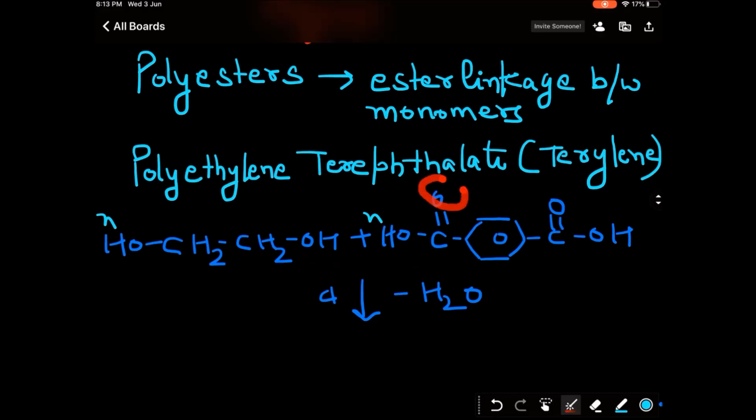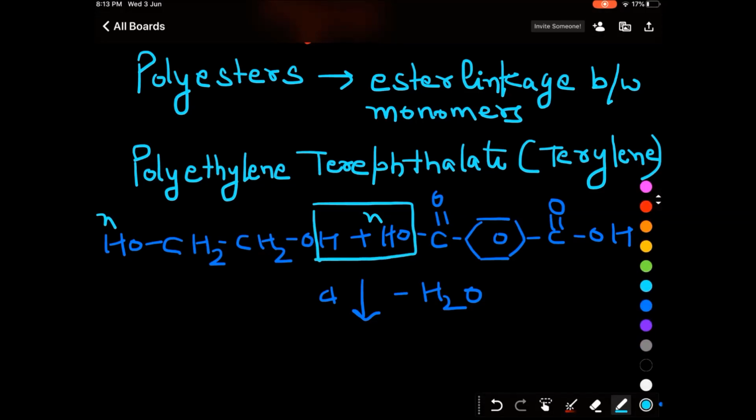The OH of alcohol attacks the carbonyl group. Oxygen gets attached to a proton, it donates electrons to a proton, and finally we can see that the oxygen of alcohol combines with carbonyl. So this is how the ester linkage is formed. You have already done it in isotopic labeling, which oxygen binds with carbonyl. So the OH group from the carboxylic acid goes off. This is how water is removed and an ester linkage is formed.